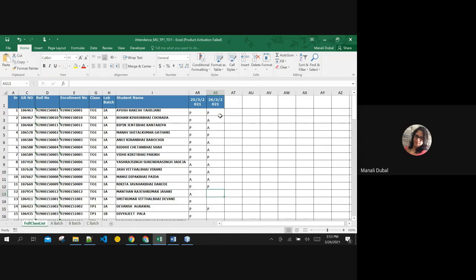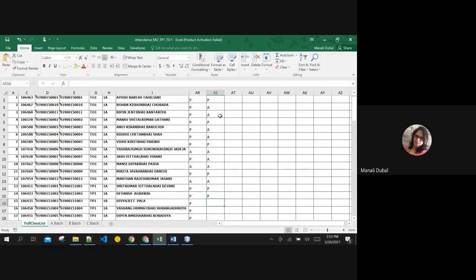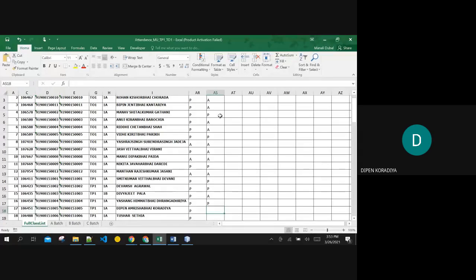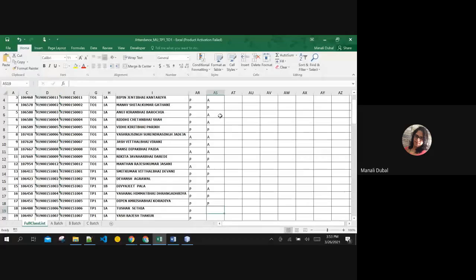Manthan, Smith Kumar, Yes, ma'am. Devant is present. Pala, Yashang, Yes, ma'am. Dipen, Yes, ma'am. Tushar, Present, ma'am. Yash, Present. Darshan Manyar,